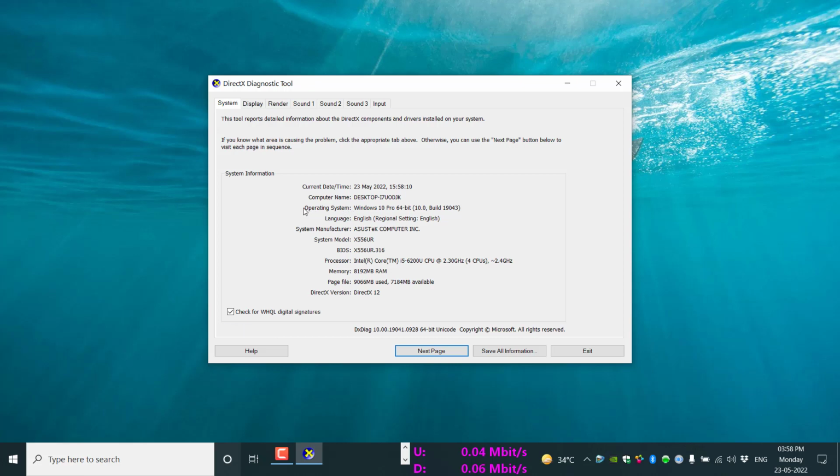information about your computer. Like the operating system which I have installed is Windows 10 Pro 64-bit, language is English, system manufacturer means motherboard manufacturer is Asus Tech Computer Inclusive, which is Asus. System model, it means motherboard's model number is X556UR. You can see the BIOS version also, X556UR.316. You can see the CPU installed in your computer, which is Intel Core i5 6th generation CPU in my case. You can see the RAM or memory, which is showing as 8192 MB RAM, which means I have